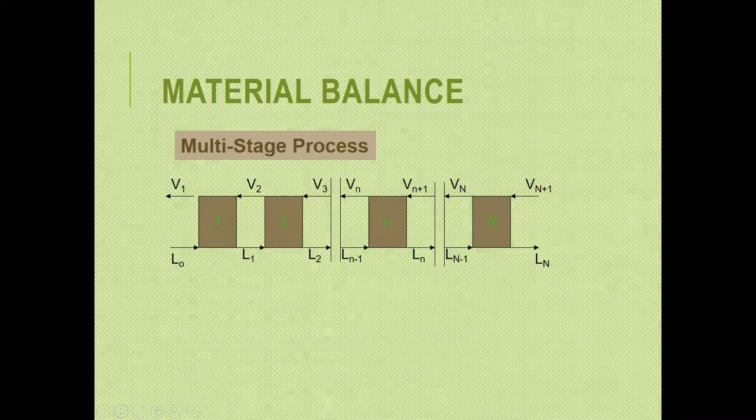Now, actually, the same principle could also be applied to a multi-stage process. So it's just a series of single equilibrium stages or single equilibrium units attached to each other or adjacent to each other. So in this case, your gas would still be introduced here. You just envision this, if this is a column, to be rotated in clockwise manner. So if this is rotated in clockwise manner, this is the gas that is being introduced at the bottom of your column. And this is your solvent that is being introduced at the top of the column.